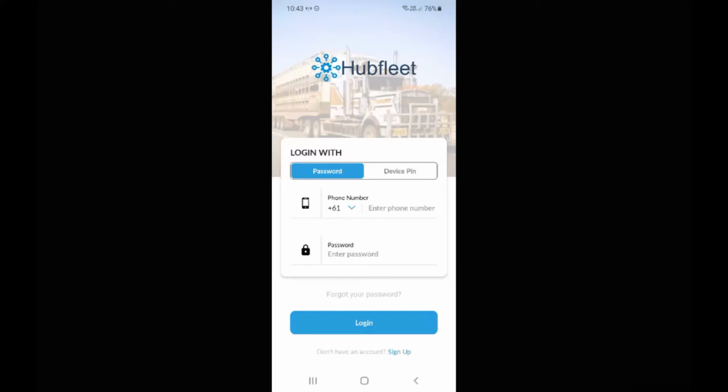The first thing you need to do is use one of the links in the text message to download the Hubfleet app from either the Apple App Store or the Google Play Store, depending on the type of device you're working on. Once you've done that, when you open the Hubfleet app for the first time, you'll see the login screen. If you've never used Hubfleet before, you'll need to sign up using the sign up button at the bottom